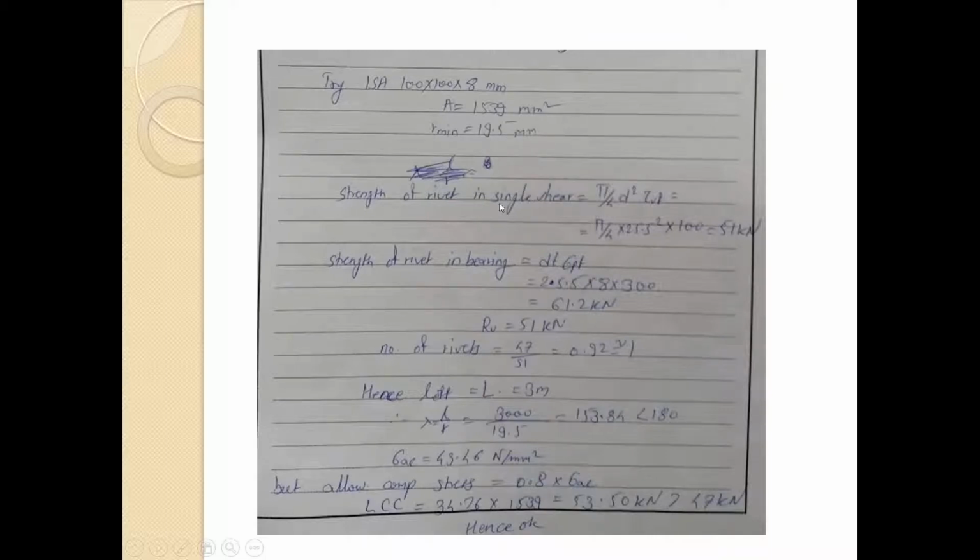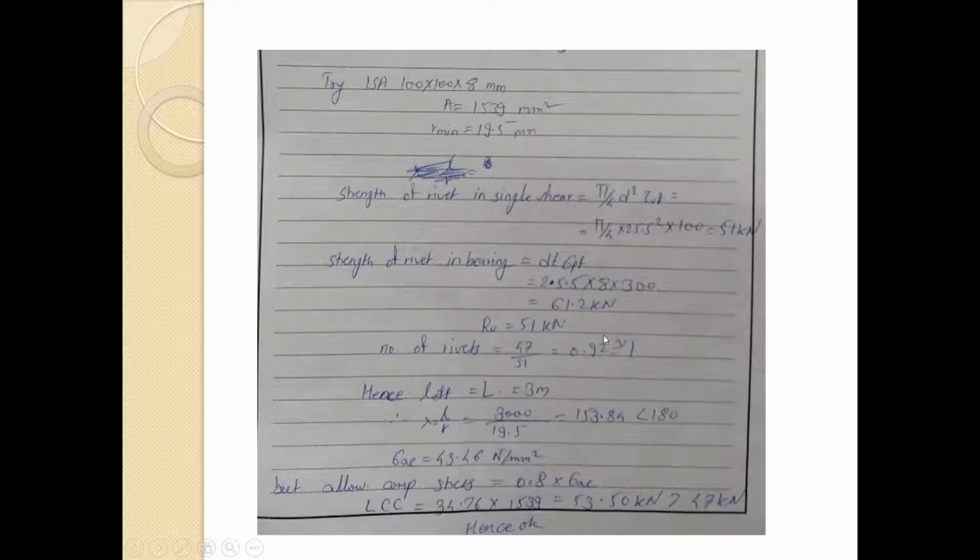So the strength of the rivet in single shear is pi by 4 into d square into tau vf. So it is a power driven rivet, so tau vf is 100. So pi by 4 into 25.5 square into 100, that is 51 kilonewton. The strength in bearing is d into t into sigma pf. So 25.5 into 8 into 300, that is 61.2 kilonewton. So the rivet value is the least of these two, that is 51 kilonewton, and the number of rivets required here is